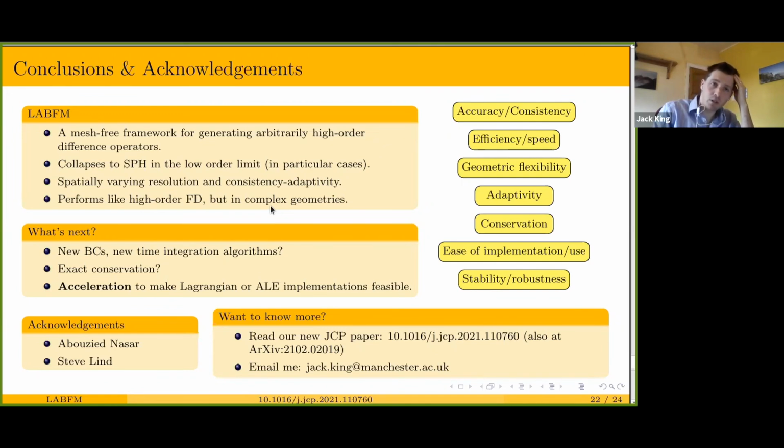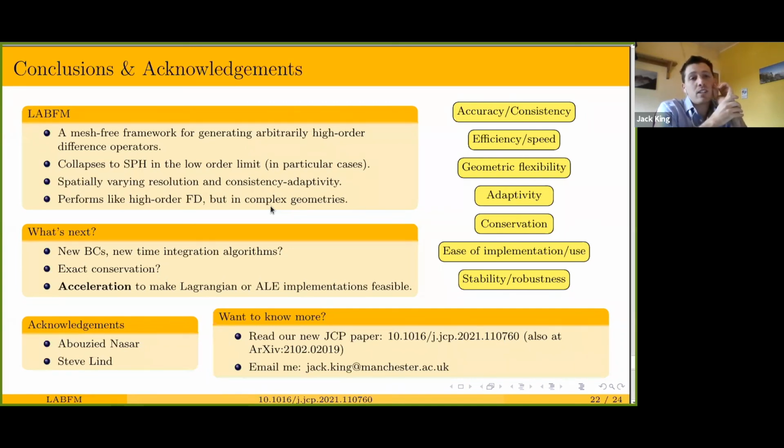One thing I didn't talk about that we've been looking into is stencil optimization. What we found is that we can tactically reduce the size of the stencil, and we can do that in such a way that we actually increase the resolving power of the method. So we keep the same order, but we can resolve a broader part of the wave number spectrum. But we're also reducing the size of the stencil slightly, and that reduces the costs. So that's an approach that we're looking into, and I think there's probably scope in there to head towards finite difference methods. But ultimately,